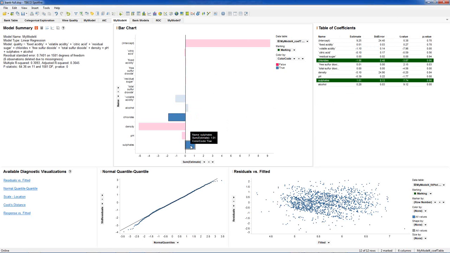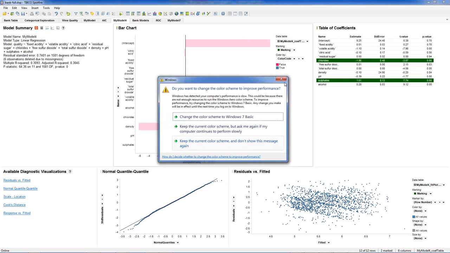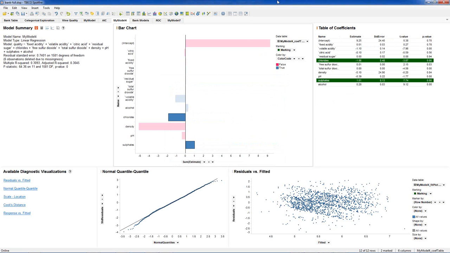What this is saying in essence is for 1 unit increase in chloride, the quality units are decreased by 2, which is quite a bit, assuming everything else stays equal. And that makes sense. People don't like to have chloride in their wine, or maybe it's not tasting very well.